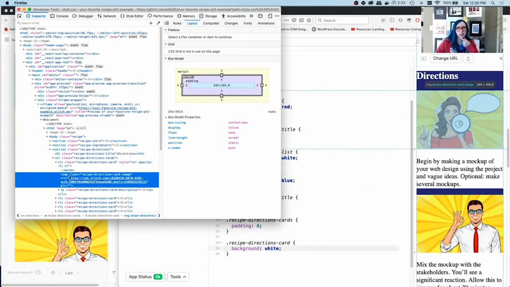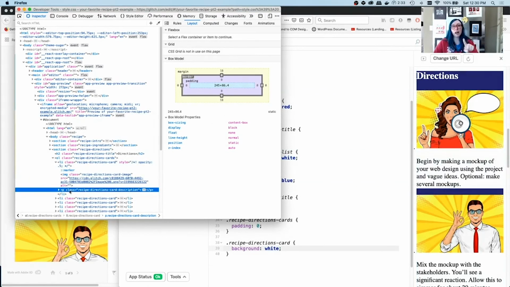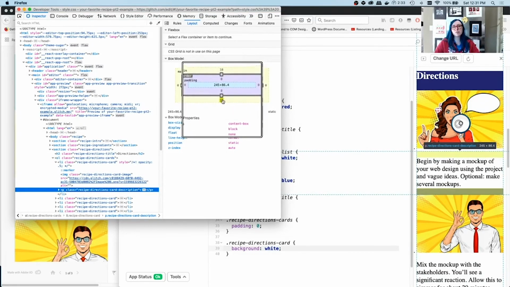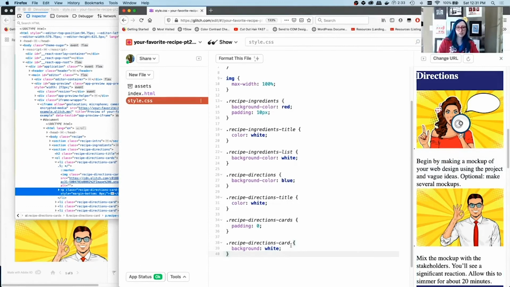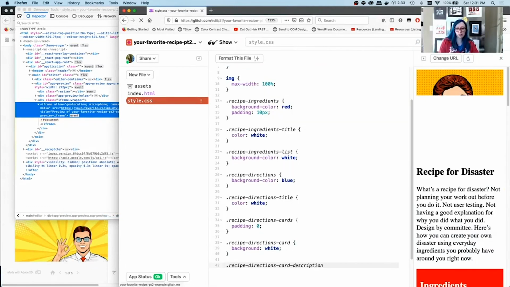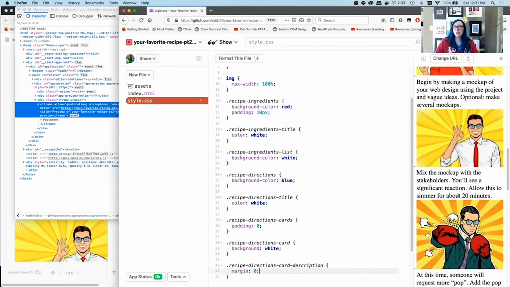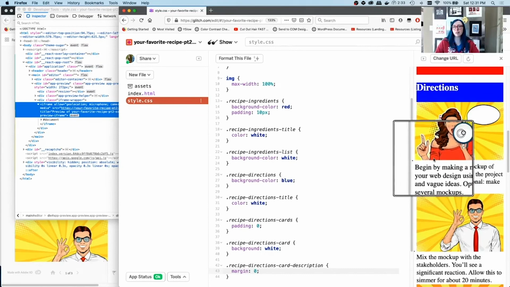Okay. So how would I figure this out? Well, I could just start clicking and watching this layout and see what's happening. Ha! Look at this. Look at this P tag. This has a margin on it. And if you change it to 0, suddenly it's gone. So now we know that we need a style, recipe directions card description, to remove that. So let's just add that right in. .recipe directions card description. Margin was what we were working with. And specifically, let's do margin 0. Let's keep our styles really simple. Now, I'm not really loving this because it did get rid of the blue bar, but it also got rid of the spacing above it.